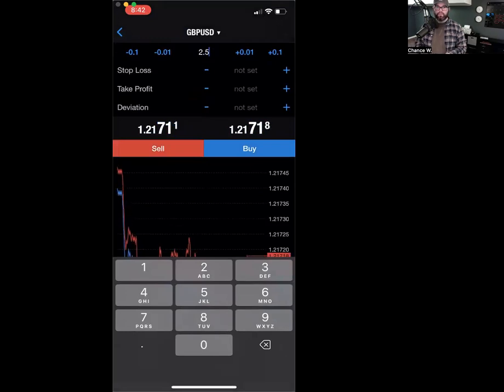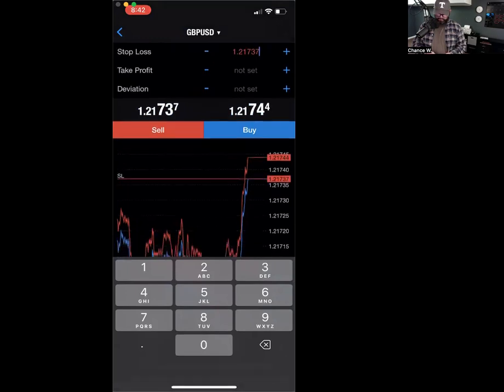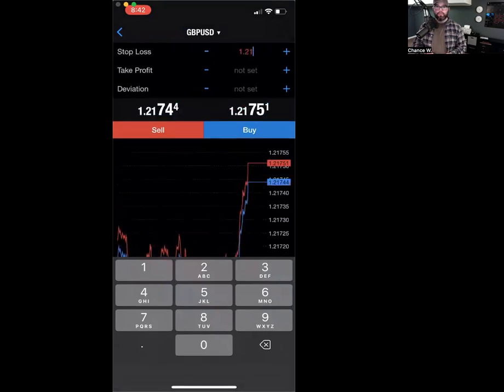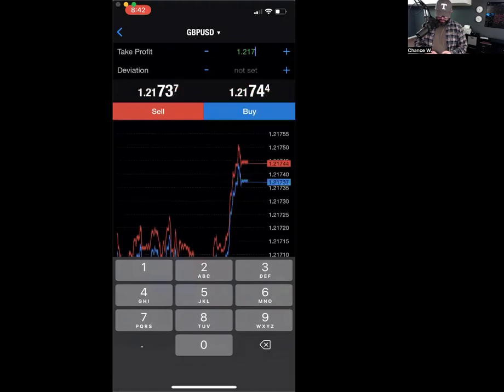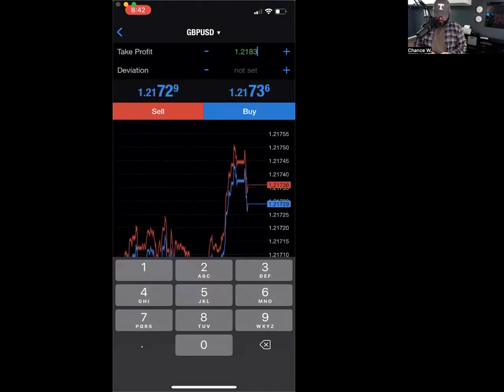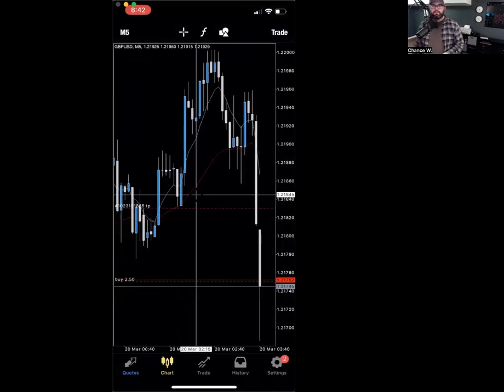So I'm going to put in 2.5 lots. Let's say I figured my risk percentage, and I come up with a lot size of 2.5. I'm going to put in my stop loss, right? So I'm going to go 10 pips more than likely below. So 21.63, and my take profit, I'm going to go 10 pips high, 21.83, and then I'm going to buy. I was successful in buying